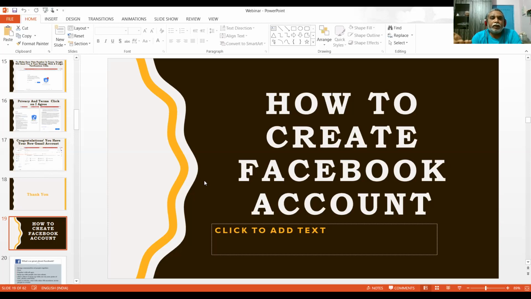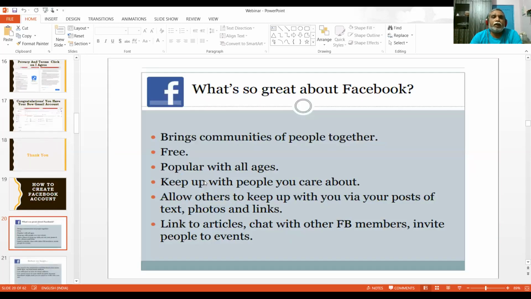That's why I'm taking the first slide on how to create the email account. Then how to create Facebook, and what is the use of Facebook. Facebook brings people together, where large numbers of people communicate with each other. That's why we create a Facebook account.